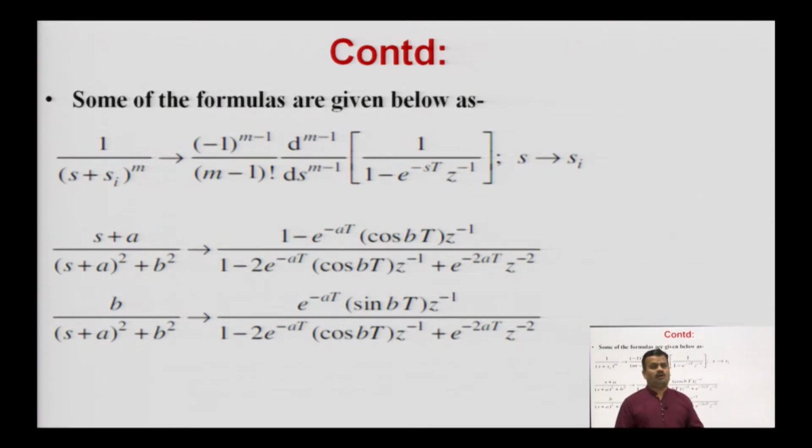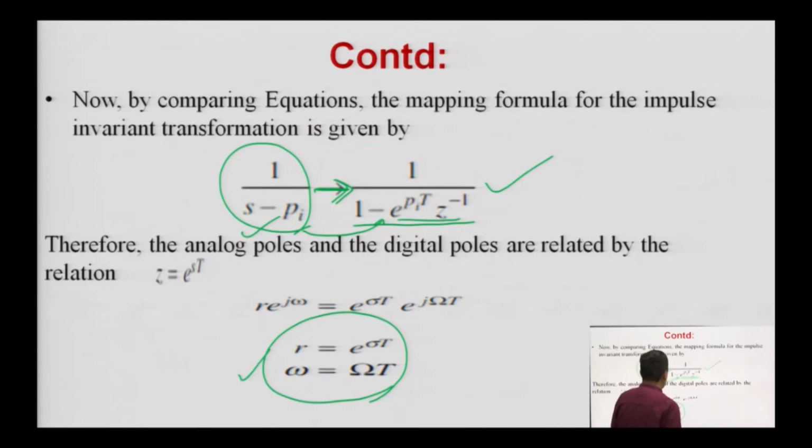And sometimes in the exam you may be asked to prove, like this formula which we proved earlier. It can also come that 1/(s minus p i) factor, H(s), is given to you and you have to transform it into H(z), prove that. So, it can be asked in the proof form also or in any expression form. In both forms you can give the answer easily if you follow the steps that I told in my lectures.